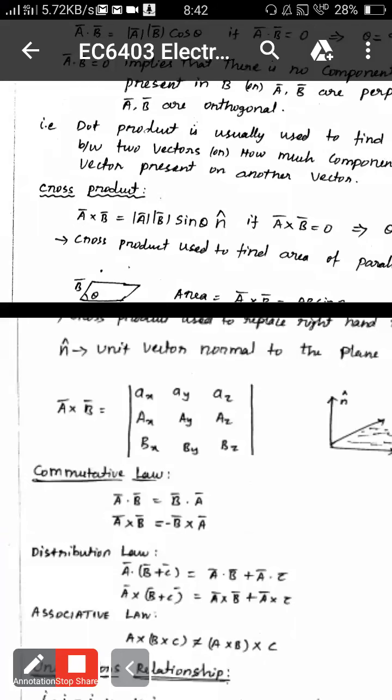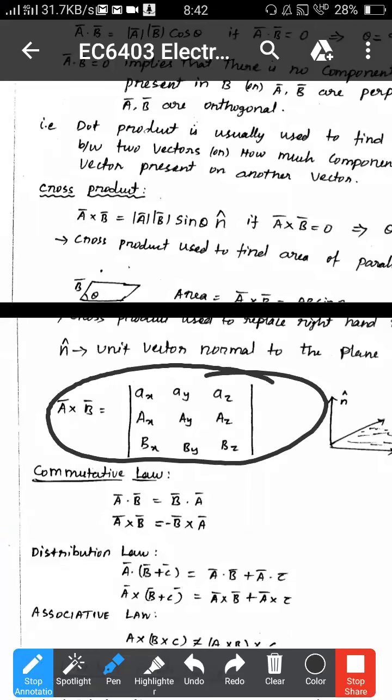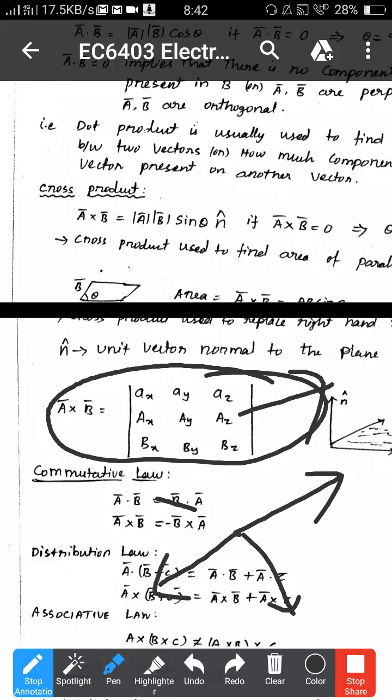Again, to find the actual value of the cross product, it is definitely a vector. In this case, we have taken simple cases, x and y, and the result was in the z direction. In reality, vectors A and B can be in any direction, and your answer will be in some other direction. Say I take a vector in some other plane, such that my n cap may go like this. In reality, A and B vectors can be anything.